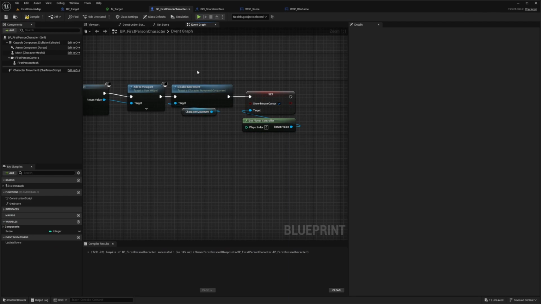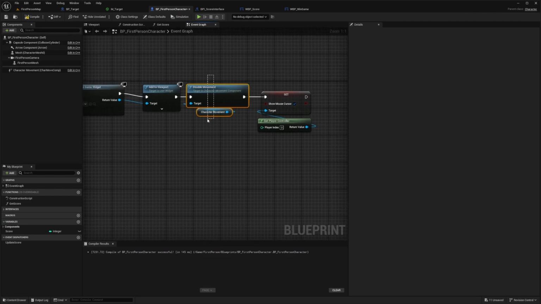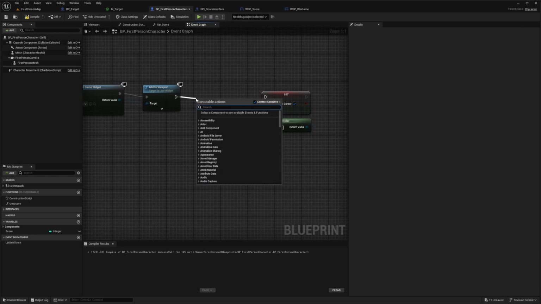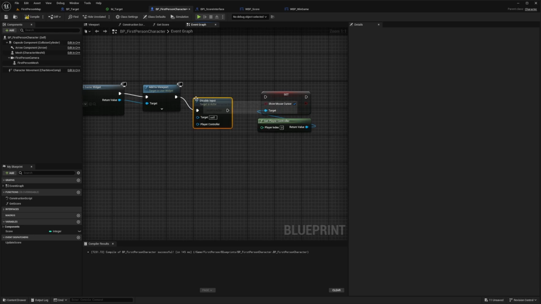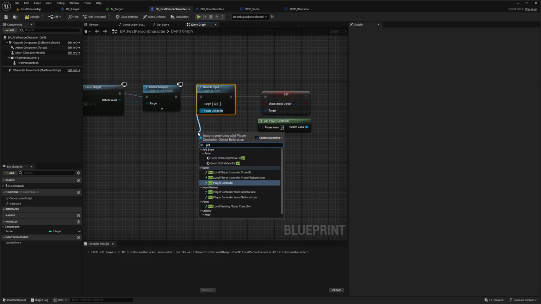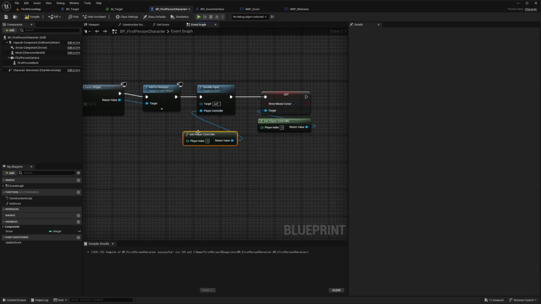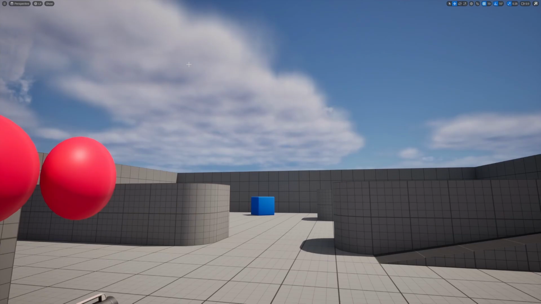So in order to fix that, I'm just going to get rid of this disable movement and the character movement component that it's connected to as a target, drag this out and look for disable input. And this will stop any input that I'm allowed to do via my character. And make sure these pins are connected and the player controller will just get connected to a get player controller, just like this. And I'll hit compile and save, go back to my first person map, maximize the screen,